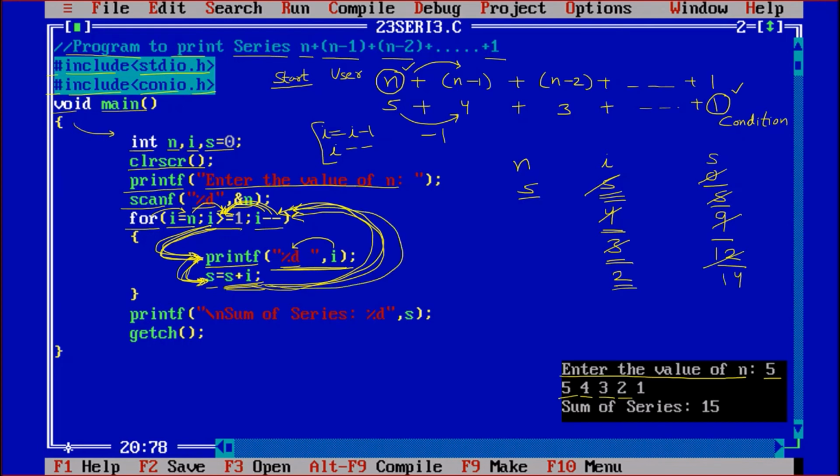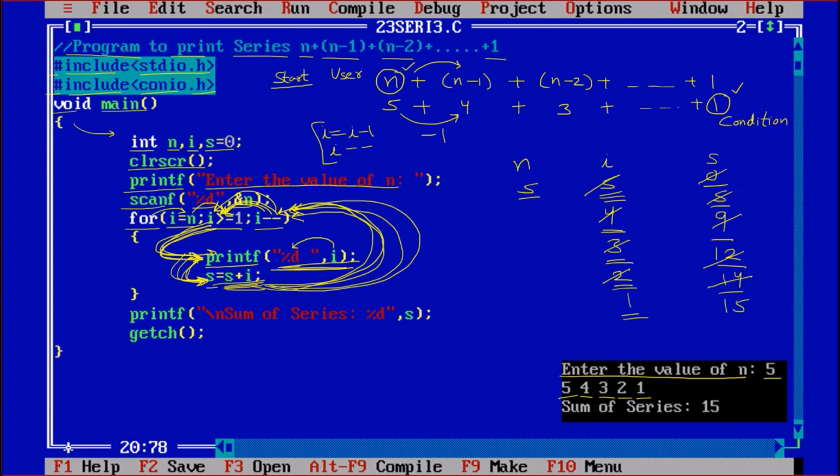Coming back, I minus minus, the value of I is 1. Checking the condition, I greater than or equal to 1. So 1 is greater than or equal to 1. Yes, 1 is not greater, but 1 is equal to 1. Condition true. Coming down, printing I. So 1 is printed. Again, S is equal to S plus I. So 14 plus 1 is 15.